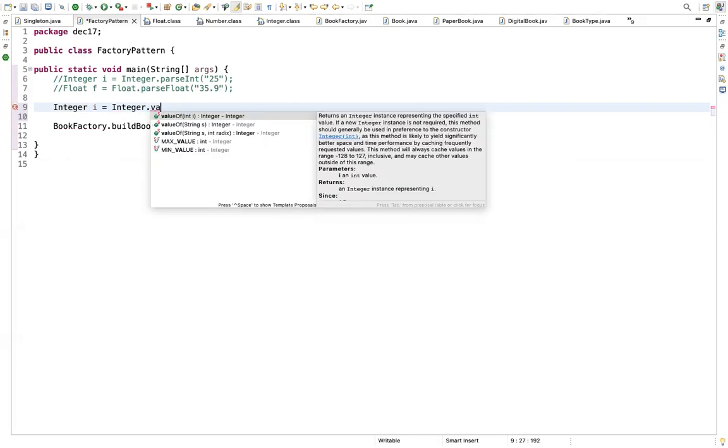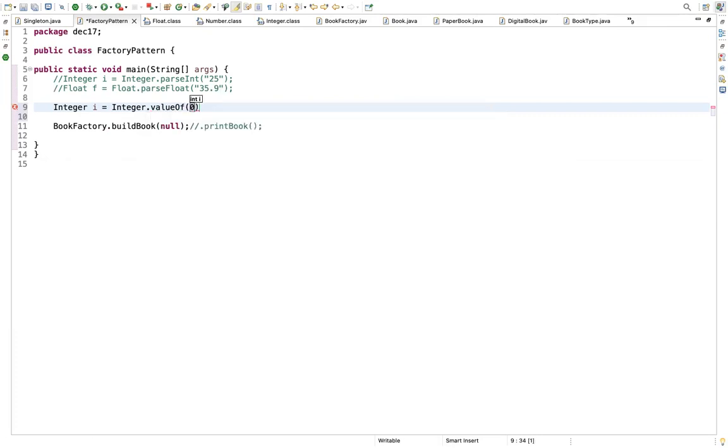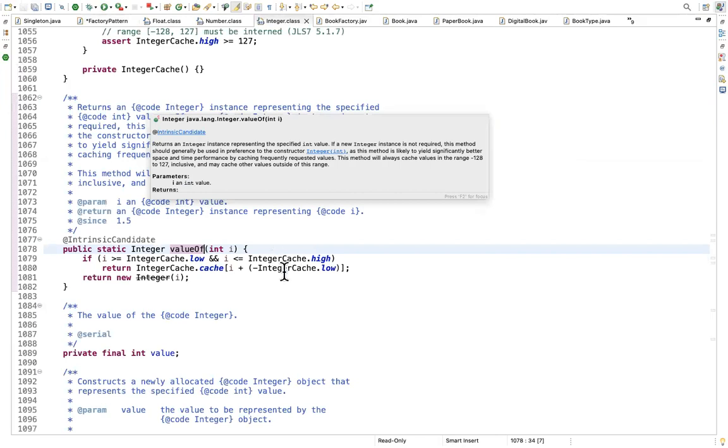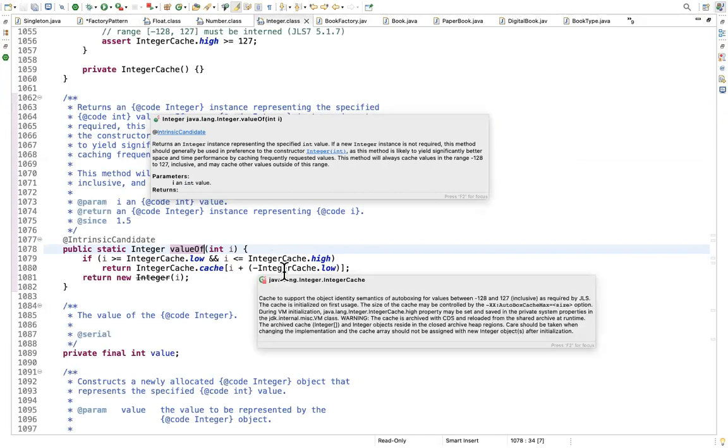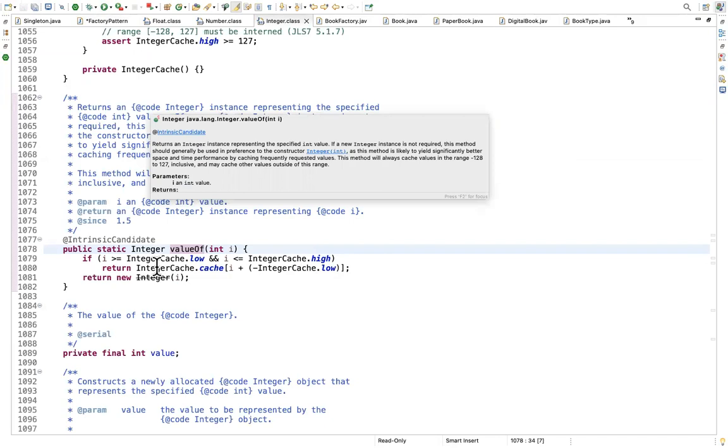This is again the valueOf method. Just give some value and go into that valueOf method. If you see, that method is again static, and internally they have given some logic in that piece of code. So this is the way your factory pattern works.